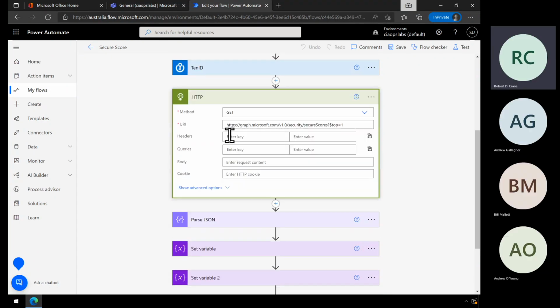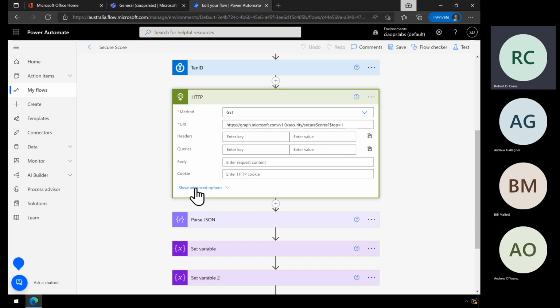It does a get, as we talked about, but it's going to the graph. Microsoft has its own APIs for its cloud environment, typically from the Microsoft Graph. So you'll see I'm going to go to the graph, go to the security, and pull the secure score, right? I'm going to get the secure score for the tenant and display it. That's what it does. But because this is a request to private or restricted information, I'm going to have to